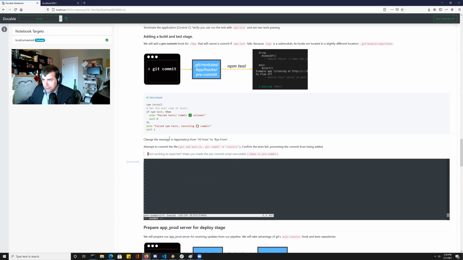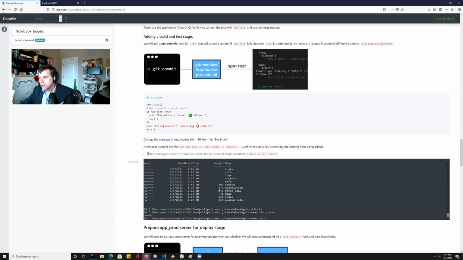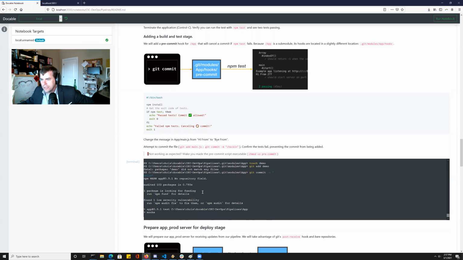I'm going to be lazy and copy and paste this stuff in. And make sure that this is executable. And now I'm going to pop back up to my app directory, and I'm going to make a tiny change where I'll just add a file, git add demo, git commit -m below. And then I'm going to see